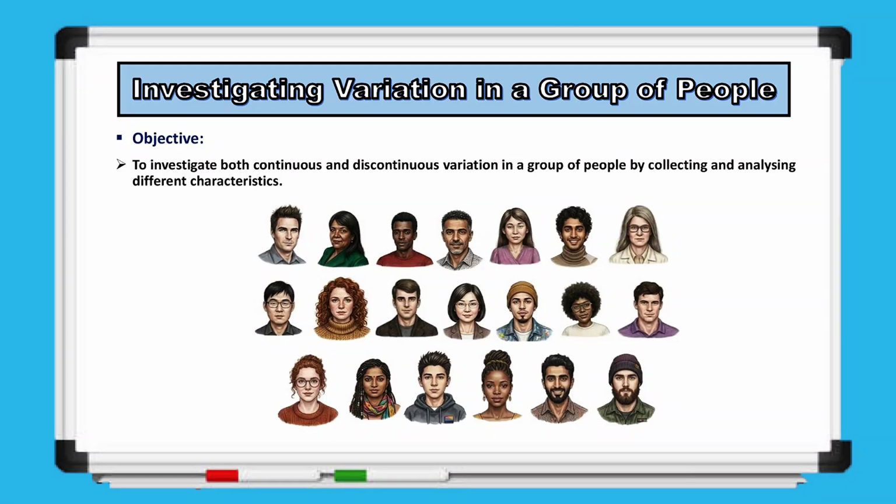Now let us move on to another investigation. This time, we are studying variation in a group of people to understand both continuous and discontinuous variation in humans. The objective of this investigation is to collect and analyze different characteristics in a group of about 20 people. By doing this, we can clearly see which traits fall into distinct categories and which traits show a continuous range